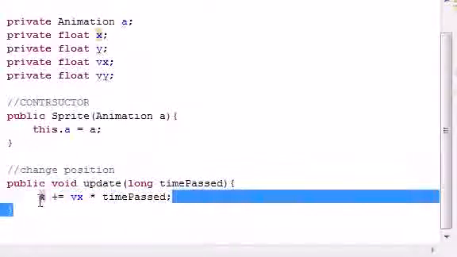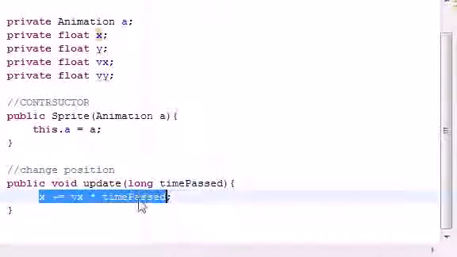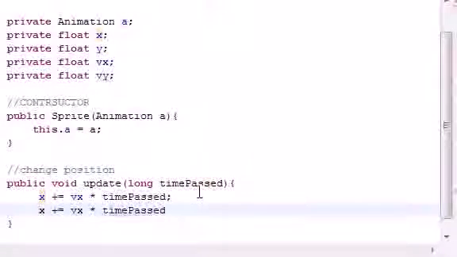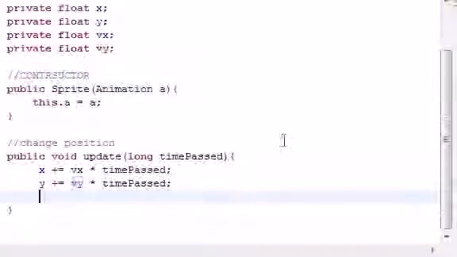So once we figure that brilliant idea out, just copy that and change these to y's. Same thing for y positioning. No, excuse me, that's the velocity of y. There we go. And after we do all that, what else can we do with time passed? We need to